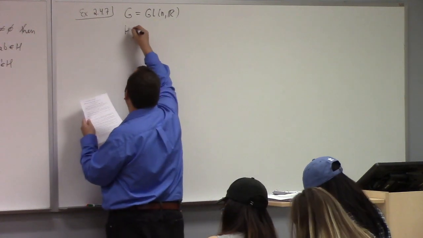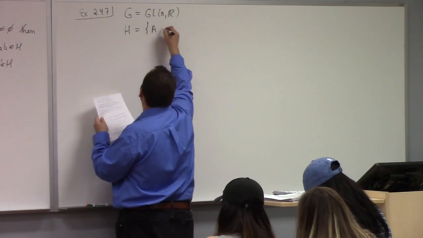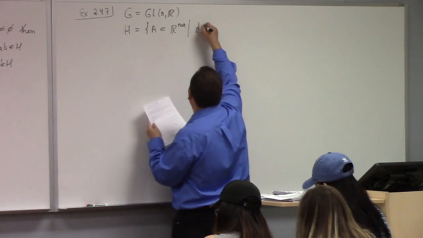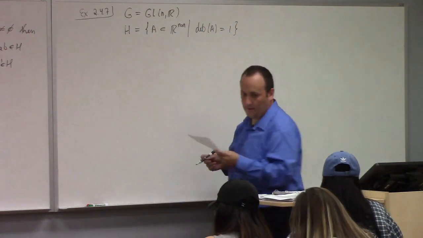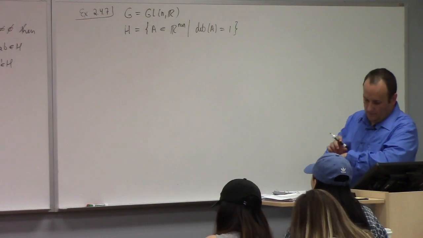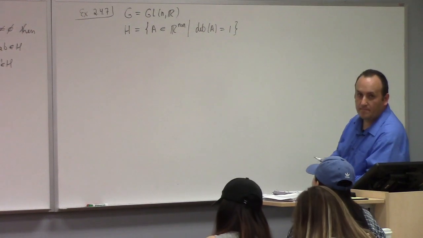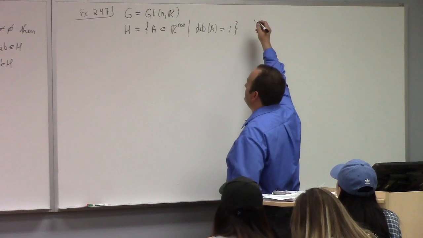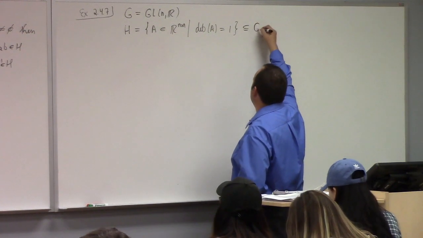And let H equal the set of A in R^(n by n) such that the determinant of A is equal to 1. All right? So is that a subset of G? It should be clear that this is a subset of G, since